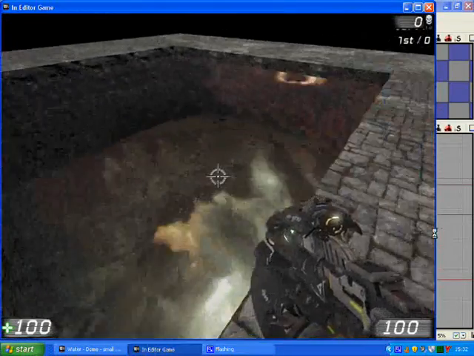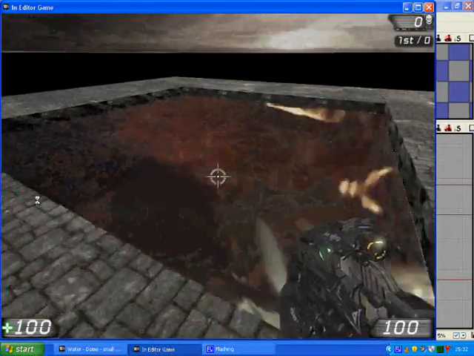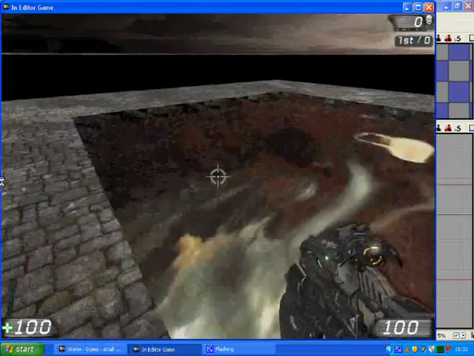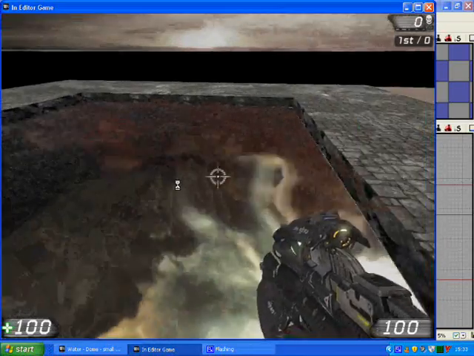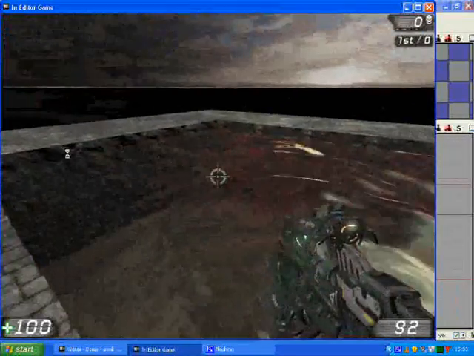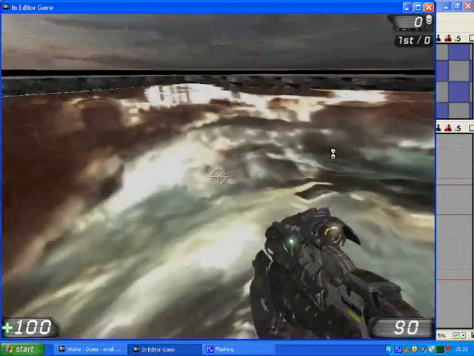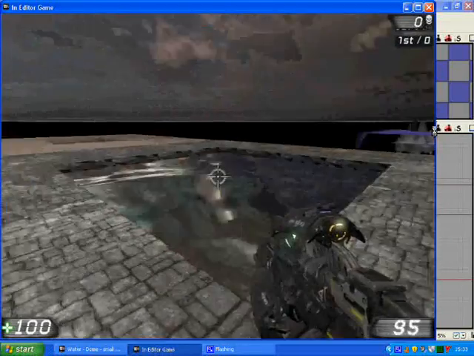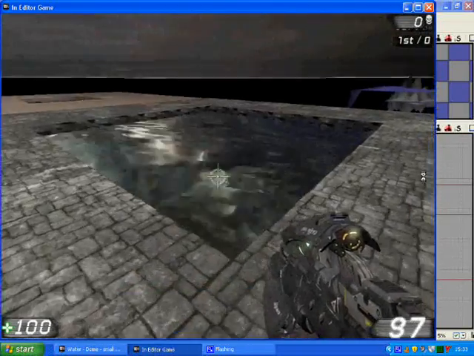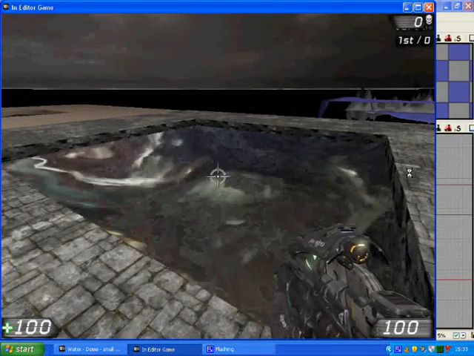And this water would probably be more for, let's say, a lake. I would change the texture of the water, but I had it as this originally, so it's just easy to keep it the same. As you can see, it reacts the same as the other water. However, when you fall into this water, it acts inside the water. The physics act as if you were inside water. For instance,